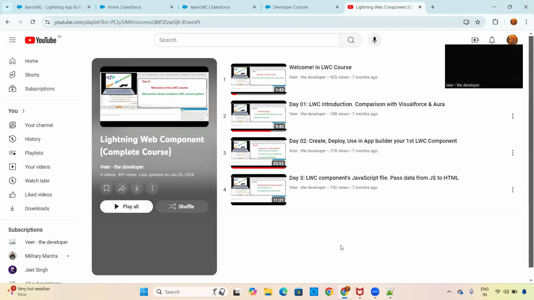So we have understood what LWC is, what the benefits and advantages are, and why we are working with LWC now. We also understood the comparison between the two existing technologies, Visualforce and Aura. We have also understood how we can create and deploy an LWC component, and how we can use it